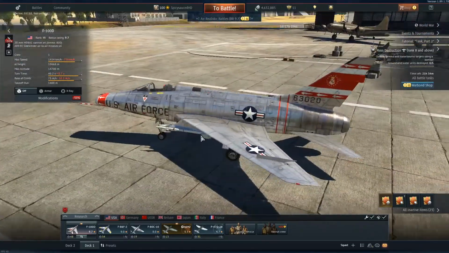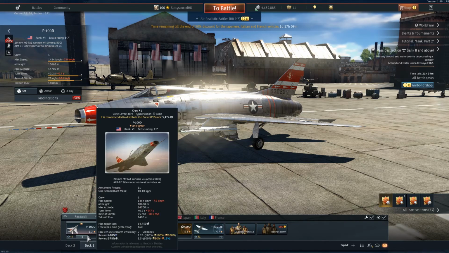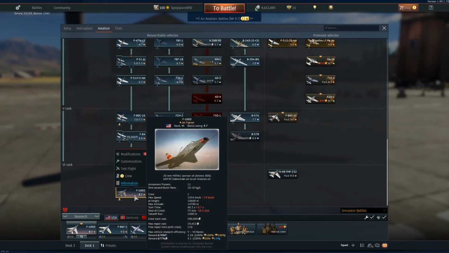Anyway, I have unlocked this. That is the F100D Super Sabre. That is the last, or currently the last plane in the American research tree. I've had a few flights with it, and in sim, of course. And I think this is really a very nice air superiority fighter, while also maintaining a very good ground strike